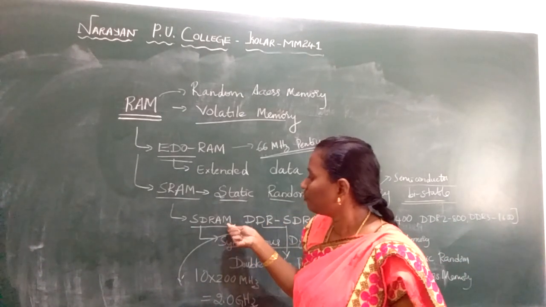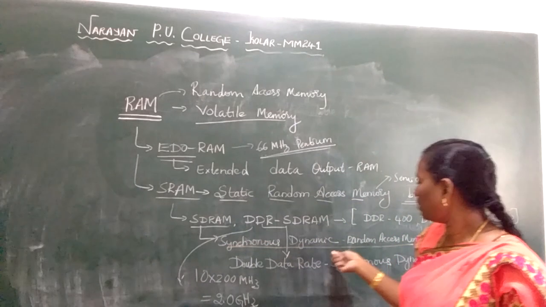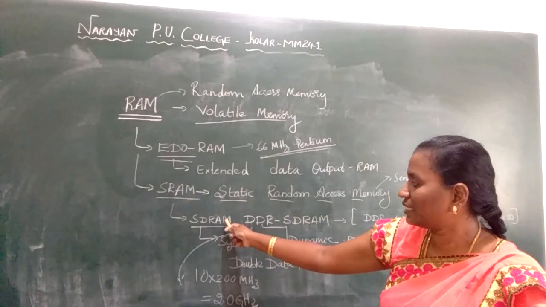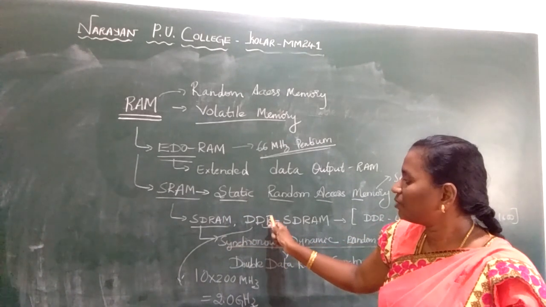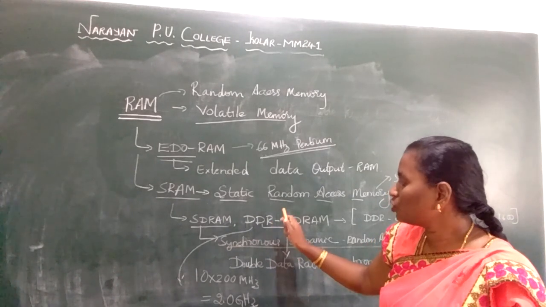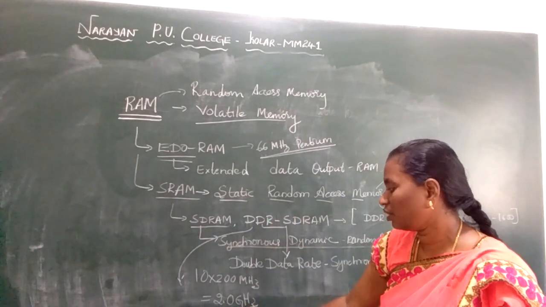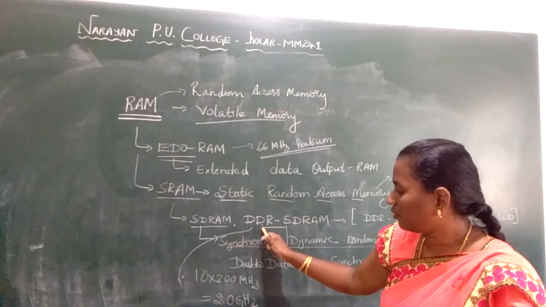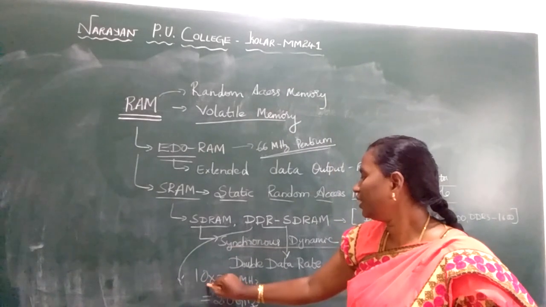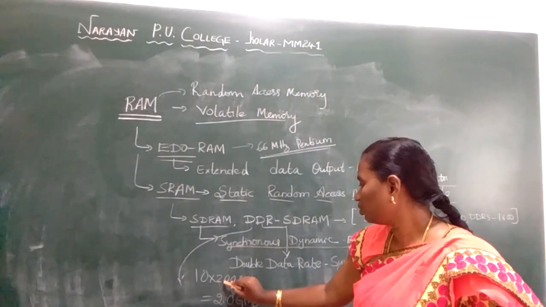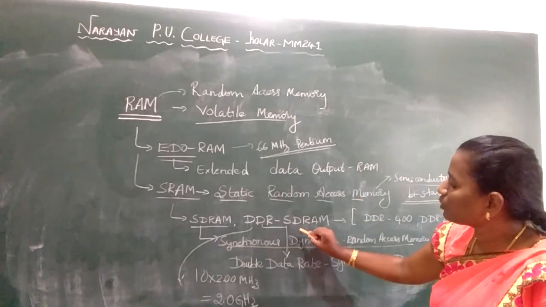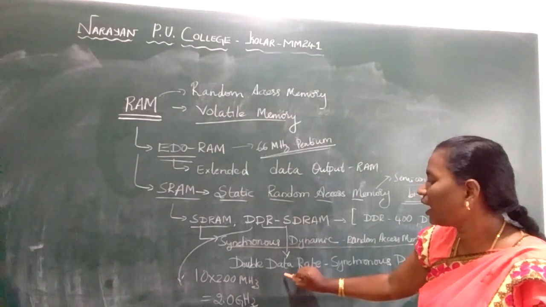Next we have SDRAM. SD stands for Synchronous Dynamic Random Access Memory, and we have DDRAM. The only difference between SDRAM and DDRAM is that DDRAM is much faster, 2 times faster than the SDRAM. I have shown you an example. You multiply; suppose the frequency here is 200 megahertz, then we have 2 gigahertz. So whatever the speed of synchronous dynamic RAM, in DDR it is double that.